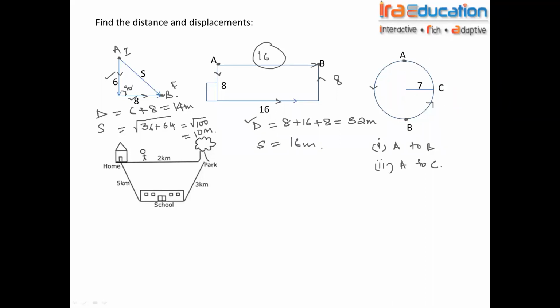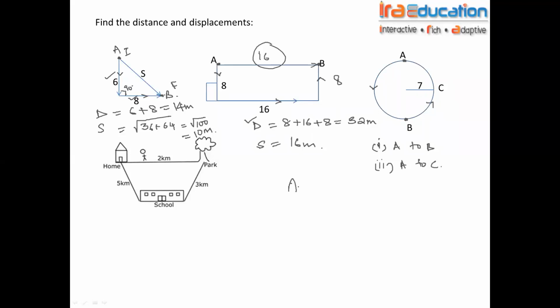Come to this one. First bit, he says from A to B. From A to B, if I'm moving, semicircle. You got the answer? Yes, ma'am. A to B is 14. Diameter. No, you have to tell me both distance and displacement. And A to C is 7 root 2. You're not telling distance. You're telling only the displacement. Anyway, okay, good for trying.